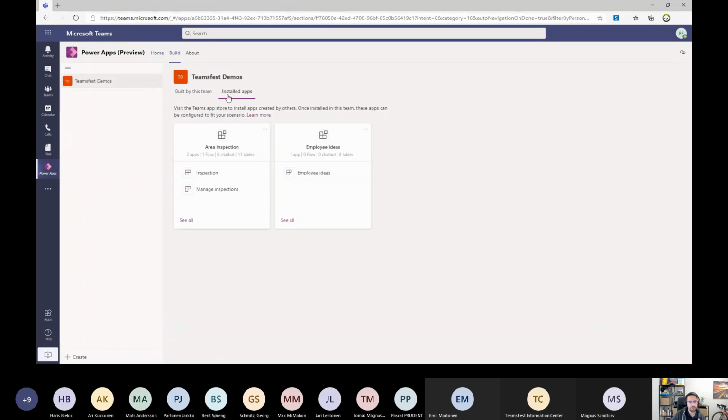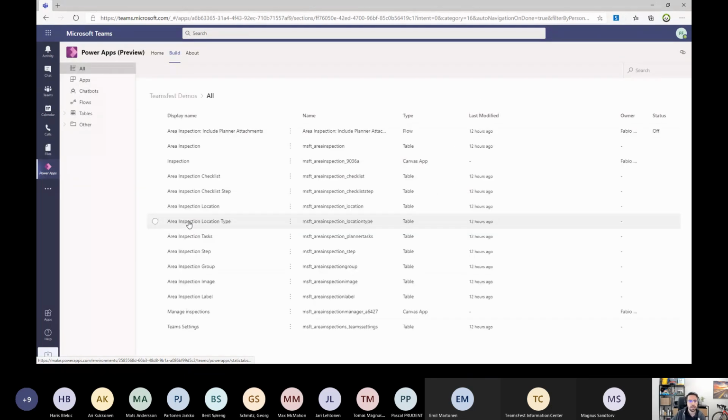the installed apps, because it's very interesting that with the Power Platform you are able to modify an application that you installed from the store. Of course, it is built by using the Power Platform and Project Oakdale. Now, for example, I see all the objects contained inside this application, and you are able to see the type: the flow, the table, Canvas app, other tables, Canvas app, and another table.